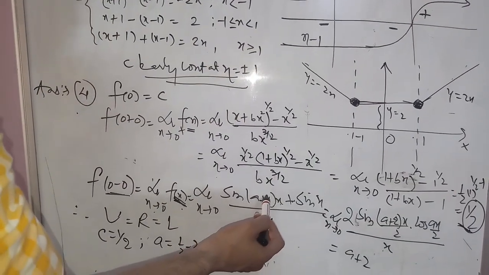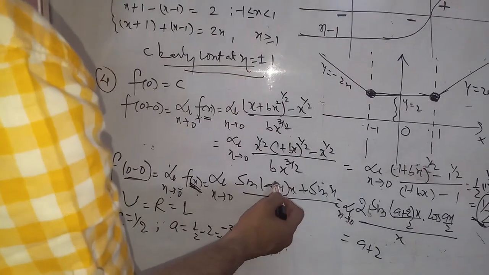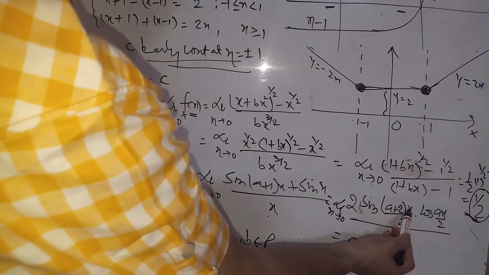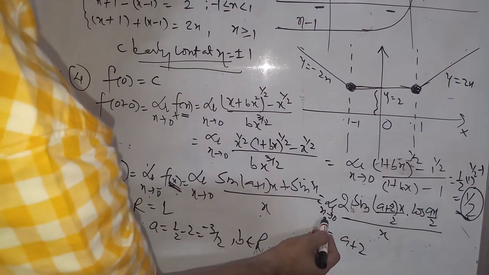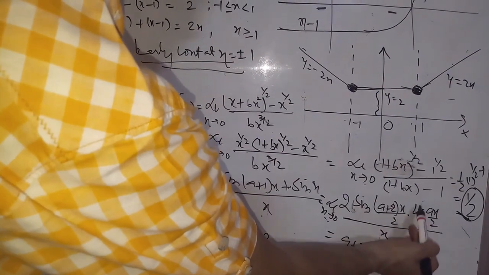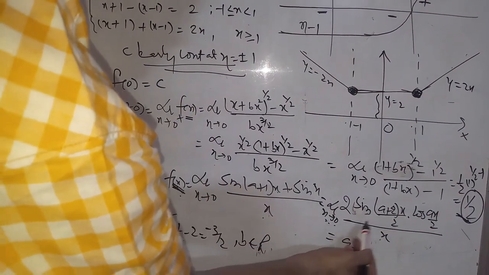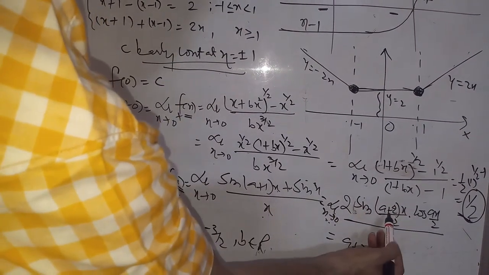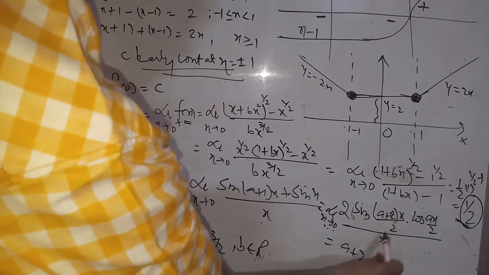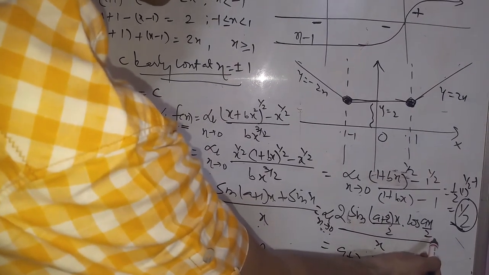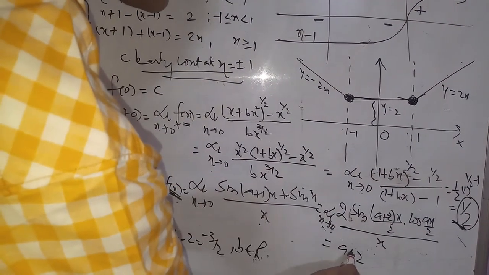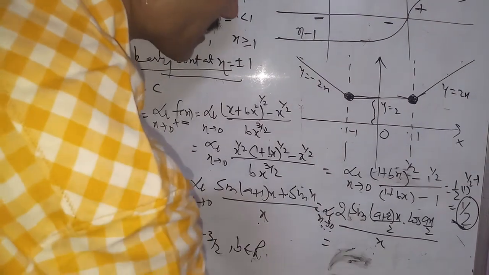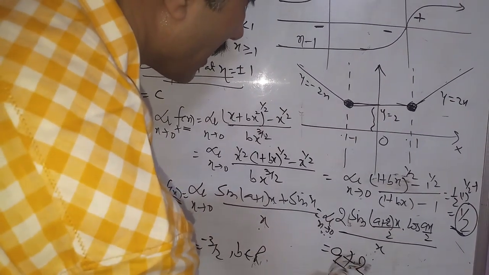Here we use the trigonometrical angle formula for transformation, sin c plus sin d. This will give 2 sin((a plus 2)x by 2) into cos(x by 2). When x tends to 0, this factor becomes 1, but in this case this becomes 0. So adjusting sin theta by theta, theta tends to 0, dividing by (a plus 2) into x by 2 and multiplying by (a plus 2) into x by 2, and making certain calculations, we get a plus 2.